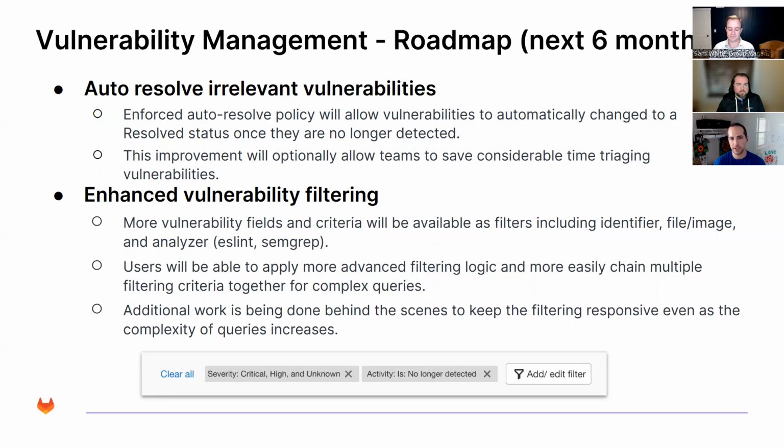The other is enhanced filtering. This has kind of expanded our scope a little bit. We're looking a little bit more holistically at how we do filtering, not just in the vulnerability report, but in GitLab itself. We're essentially trying to figure out how we can make a more extensible model for adding a lot of additional advanced filters to something that has so much information, like the vulnerability report. The idea will be we'll start layering in some of these additional filters on top of what you've got today. Also making sure that this works equally well at the group and the project level.